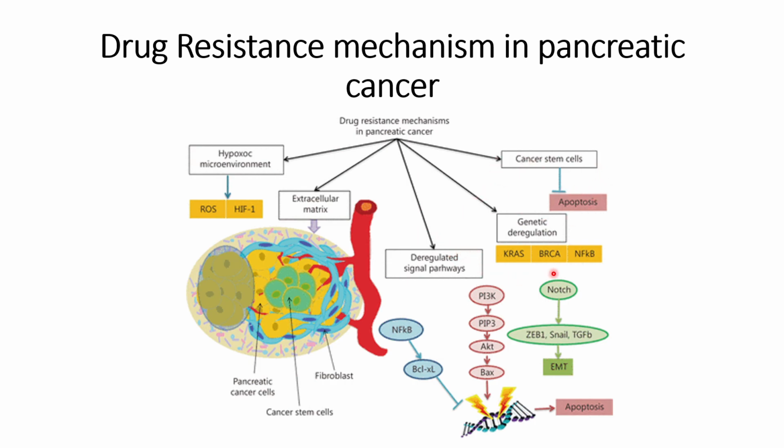And the final main point that helps in drug resistance is genetic deregulation, which we have discussed in one of our previous videos, such as the KRAS mutation, nuclear factor kappa B, and BRCA, which are other deregulations that will cause drug resistance. What happens in this case is that the pancreatic tumor cells that originate in the pancreas